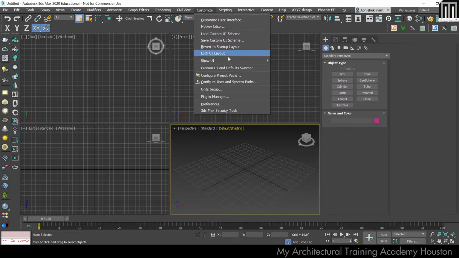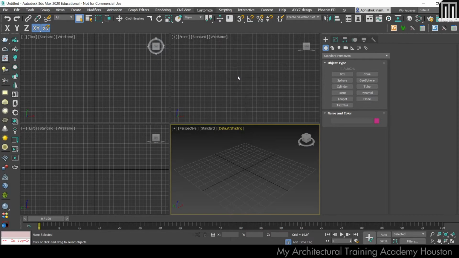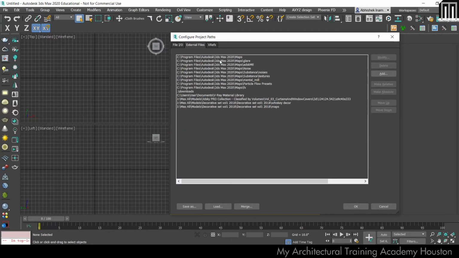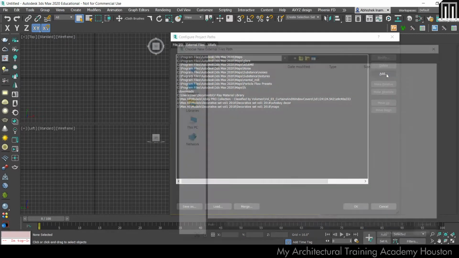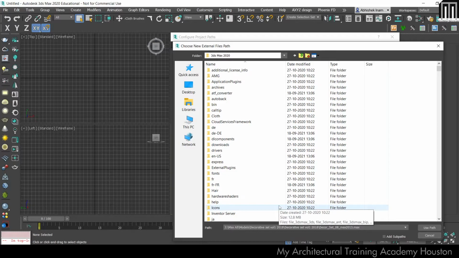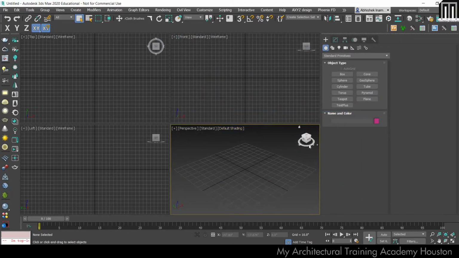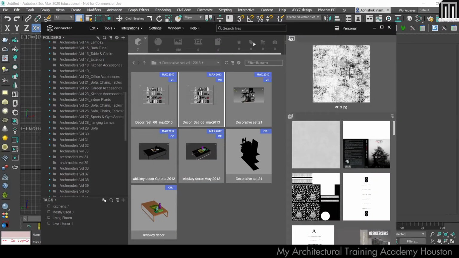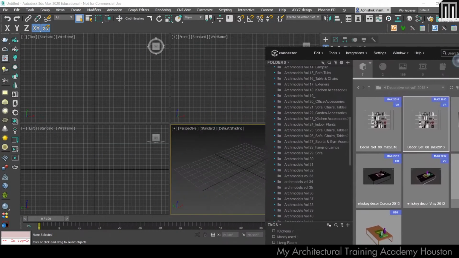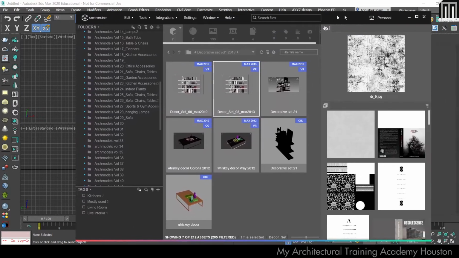Go to customize, configure project paths, external files, say add, paste that path and say use path. So the path will be used. Now when you drag this file, I'll drag this file.